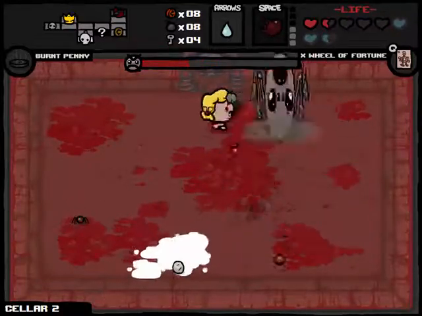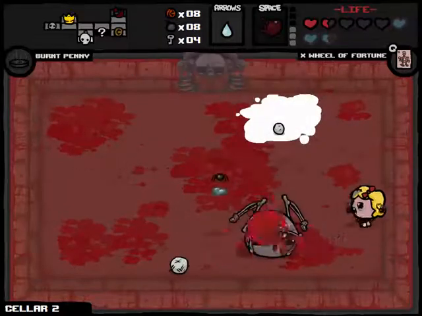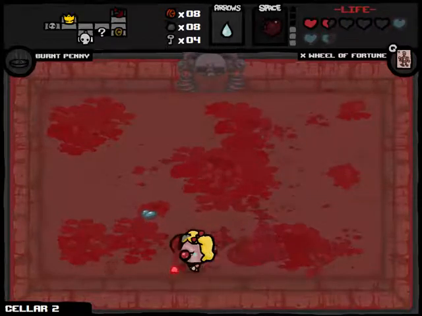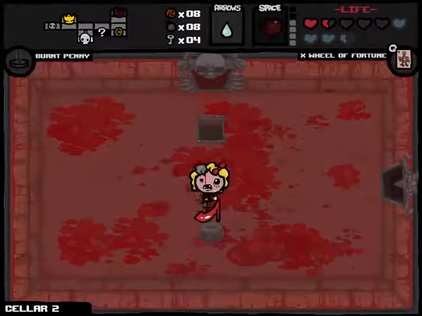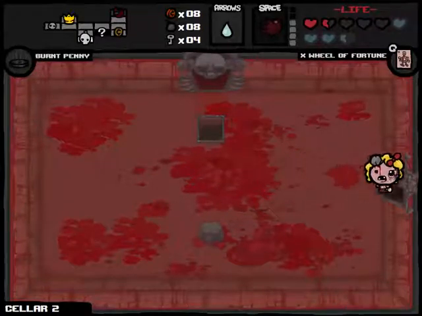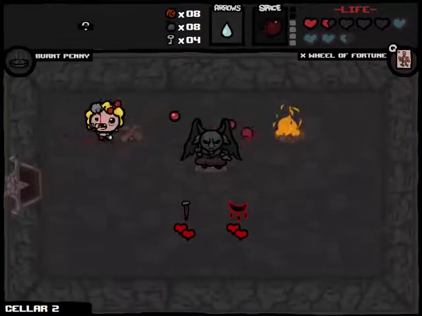And I think a few more hits should do it. And the Widow dropped another Soul Heart, which is really amazing. We get Mom's Heels, a range up. I would have really liked this Wooden Spoon, or the Wooden Spoon, or